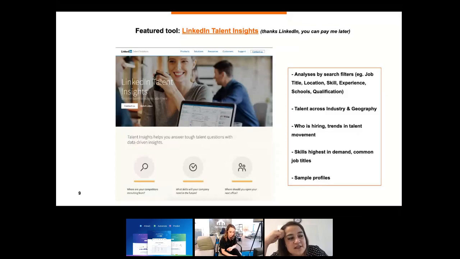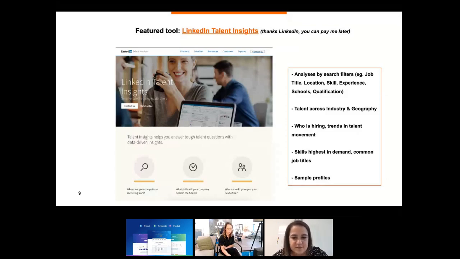And the tool also provides information in its report on the movement of talent across industries and geographies. So it will tell you that a specific industry is hiring a lot of these people, or in specific countries this is where the talent is sitting with the list of skills you're looking for. And then also identifying the volume of hires per company.